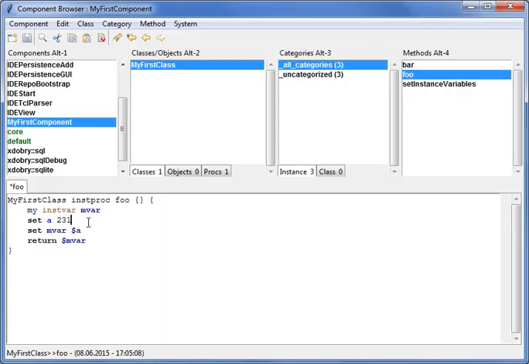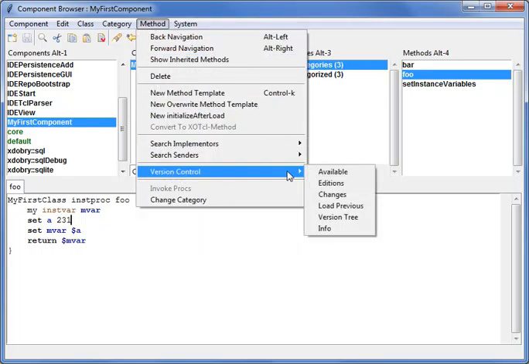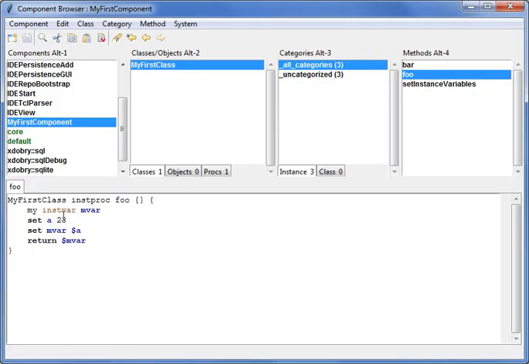A common use is that I save something and I want to make some test, and then I can switch back to the previous edition, load previous. My change was deleted. Okay, that was about editions of methods.